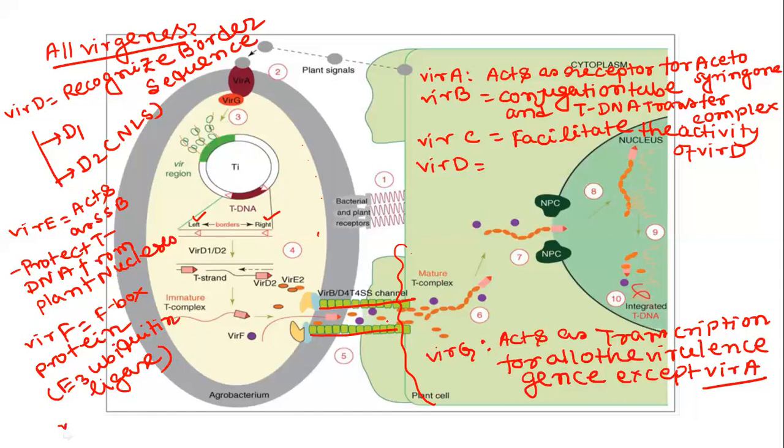They are free-living soil bacteria. They are present in the soil. When a wound occurs in the plants, there is some chemical released, acetosyringone, and this chemical acts as a chemoattractant, and this chemical induces the receptor, that is VirA. VirA acts as a receptor, and it binds to VirA and VirG. After binding, there is a two